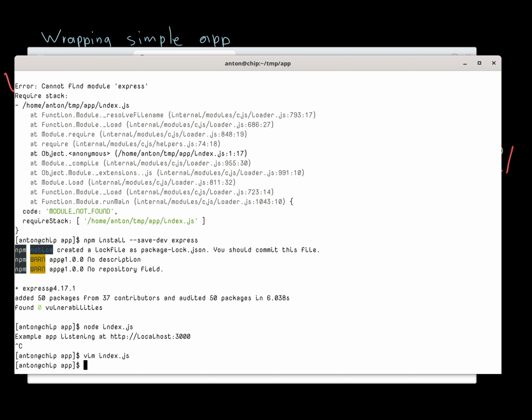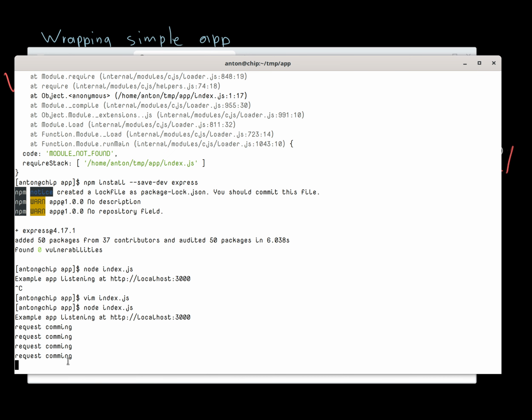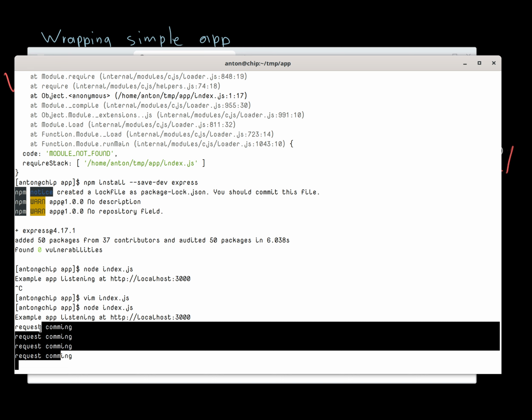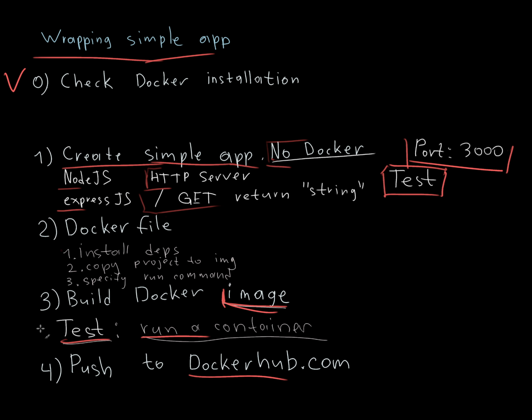And now let's run it again, and here are our requests, and we have output for each request, just for us to see it clearly. Okay, now we finished the second step, meaning the first step, not counting the zero step, and now move on to